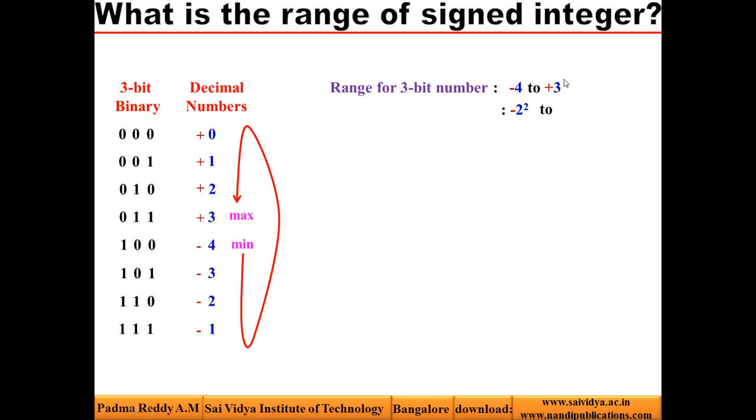How can you write this 3? I can write it as plus 2 square. But what is plus 2 square? Plus 4. But what I want here? Plus 3. So what should I do? You take minus 1. Now 2 square is 4. 4 minus 1 is how much? 3. So we get this number only.